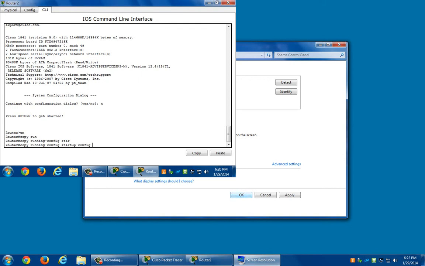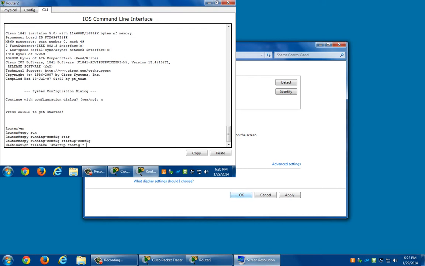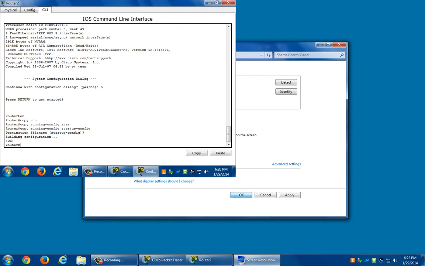That's really what it is. It's much easier to say copy, run, start, right? And you noticed it kept bumping out. It's because I hit tab. All I have to do is hit tab. You see how I do that? It's going to say, what's your destination name? Always leave it startup config. It says, okay, done. Of course, I have nothing in running, so